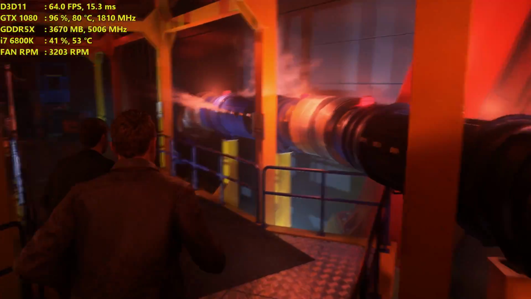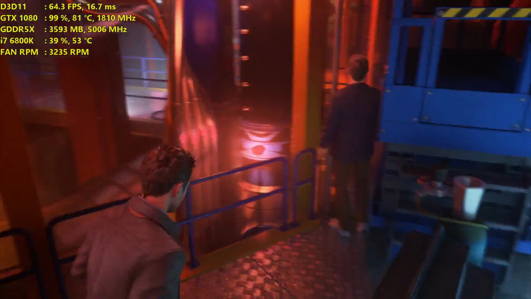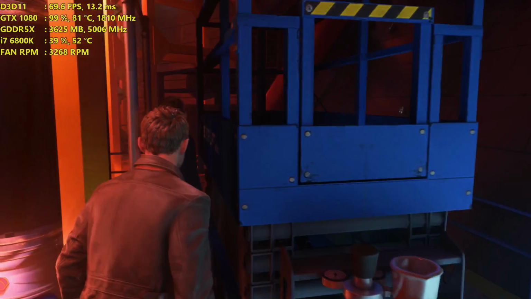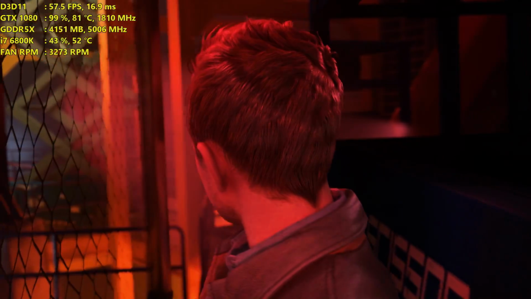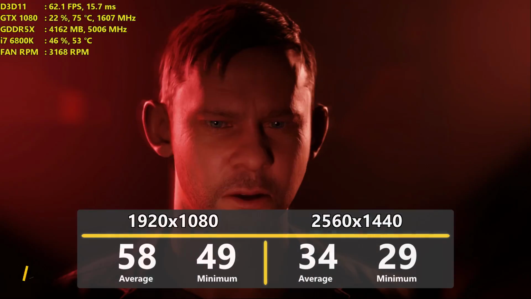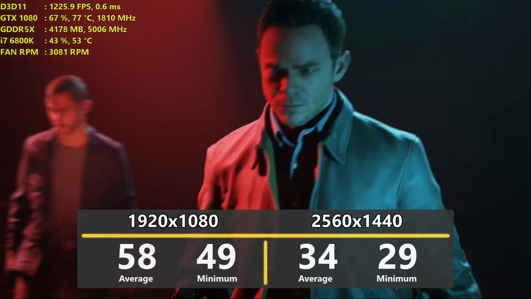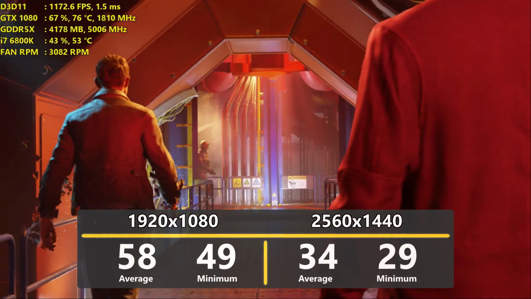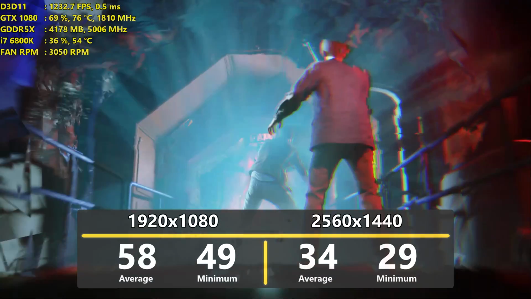And just so you guys are aware, I was using the latest drivers for this from NVIDIA as well as AMD. So for NVIDIA, that's 372.90, and on the AMD side, it's 16.9.2. Starting off with the GTX 1080 in my main rig here with the i7 6800K and 32 gigabytes of RAM, the GTX 1080 at 1080p on Ultra settings, and that's with everything turned all the way up, including the screen space reflections and the volumetric lighting,